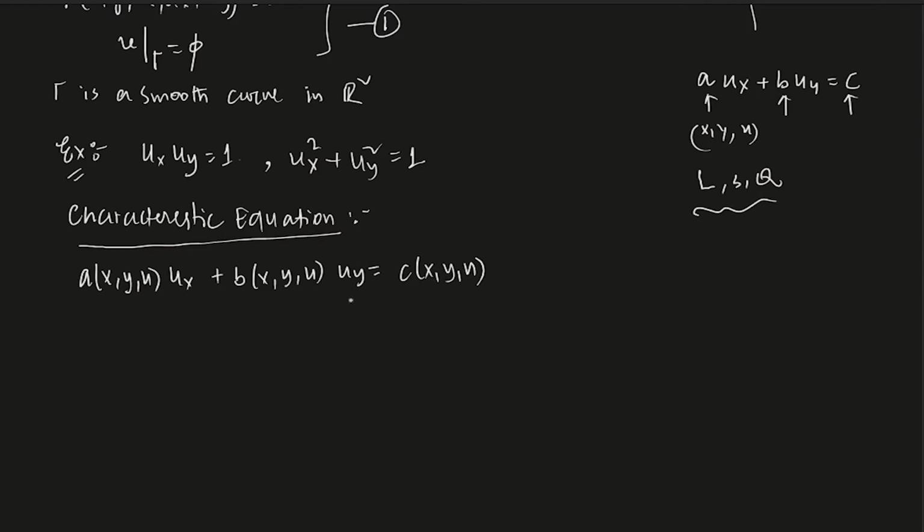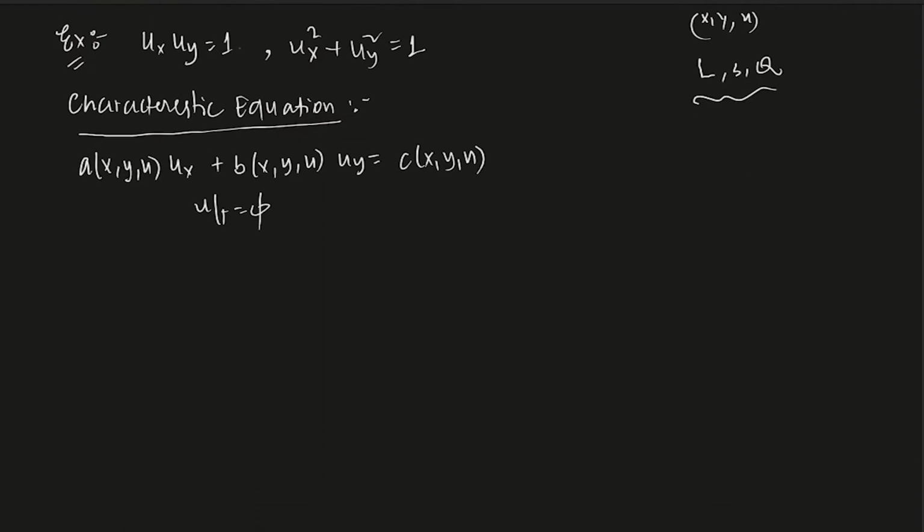Right? And of course, let's say u restricted to gamma is phi. Now we know that we can use our usual method for this quasi-linear equation to write down the characteristic equations. By letting z of s be u of x(s) and y(s), we can define the characteristic equations